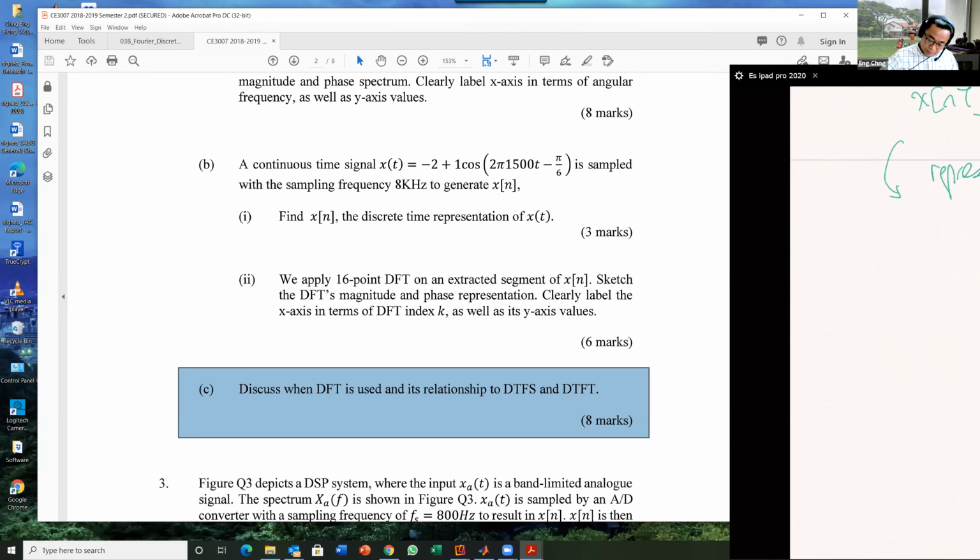All right, let's see. DFT. Okay, let's deal with DFT first. DFT of Xn. Why 16 point? If we have a 16 point, we are basically asking you to calculate big X0, big X1,